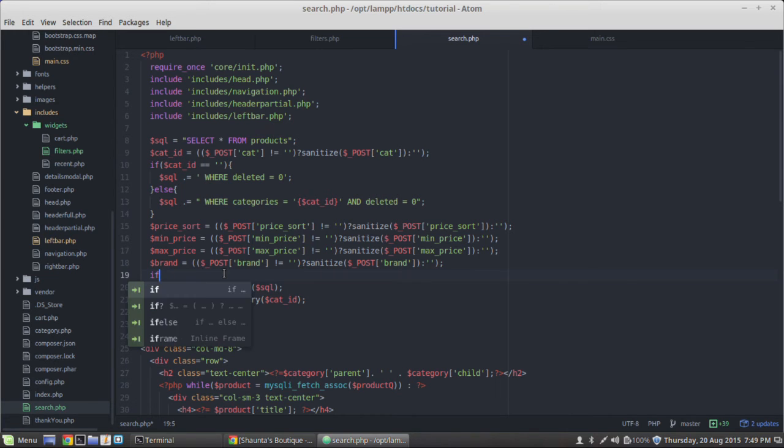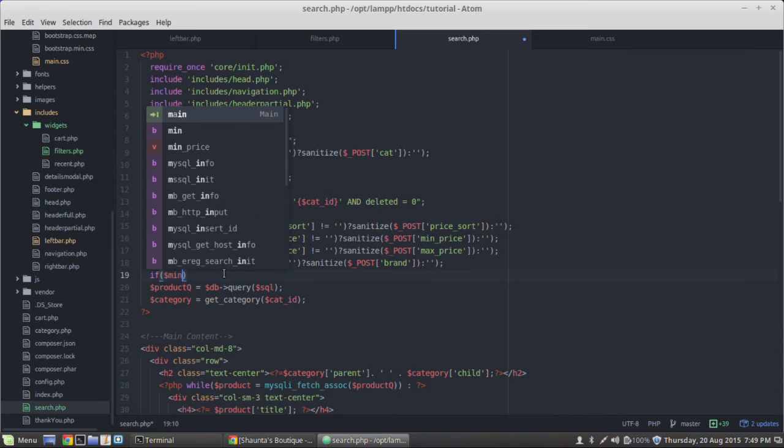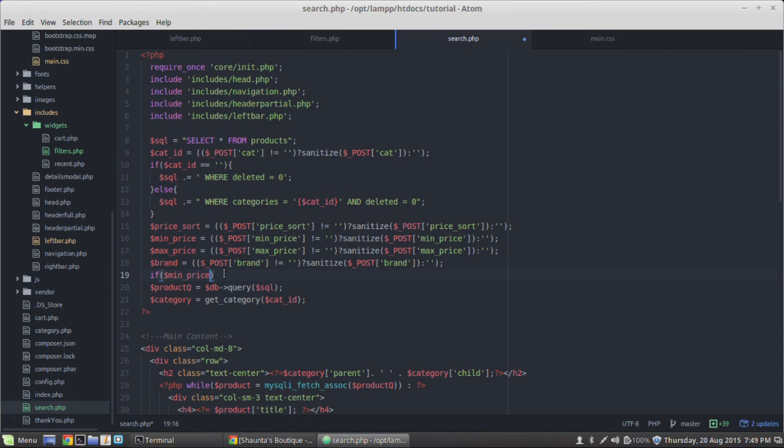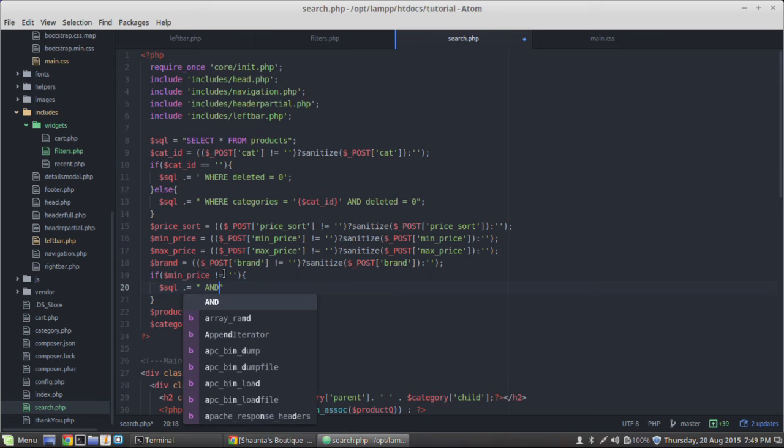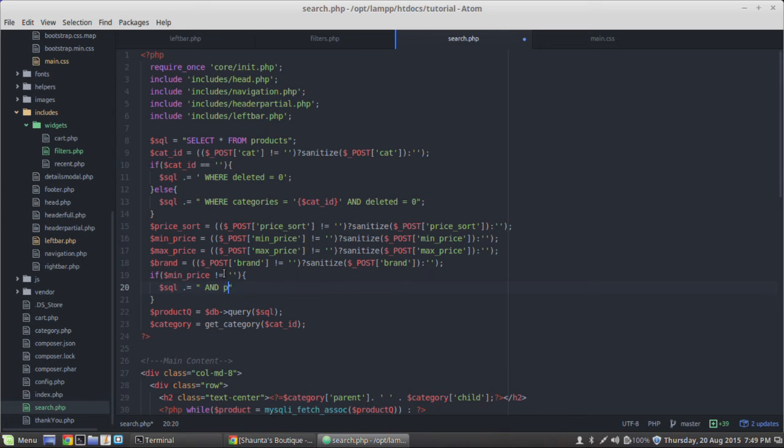So we say if min price does not equal a blank string, then what we're going to do is concatenate onto our SQL again, and we will say space and price is greater than or equal to